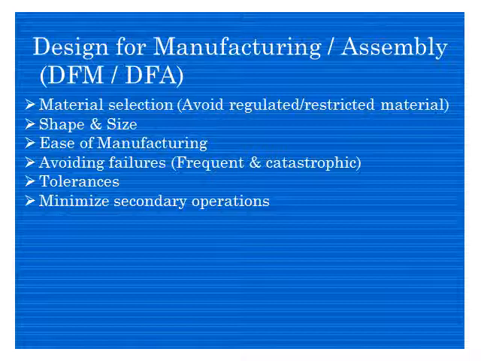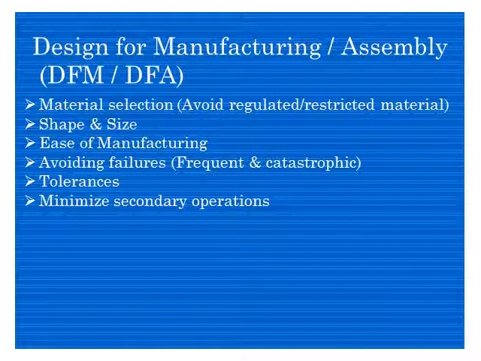Avoiding failures. Avoiding failure means these things should not fail, and you need to worry about that. So basically, you should try to avoid failures. Frequent means having failure again and again. Like your cycle chain: if it is coming out again and again, it means you have something wrong with your design, and you should try to make it better. Or catastrophic means some disaster, something bad or a big thing happening. You should try to avoid it. So in this way, you should try to avoid failures as a part of your design for manufacturing and assembly. Tolerances: you need to worry about tolerance.